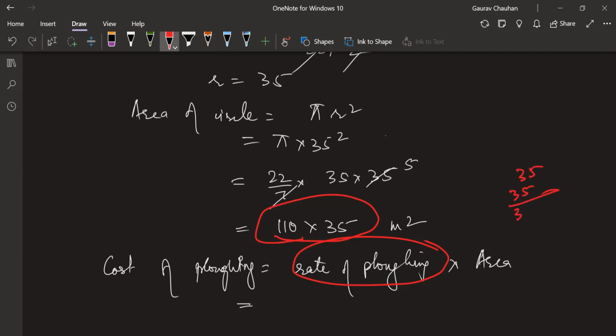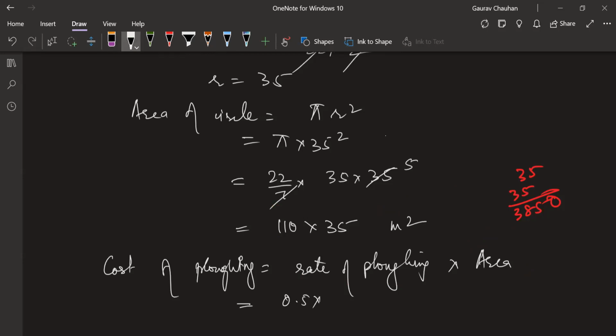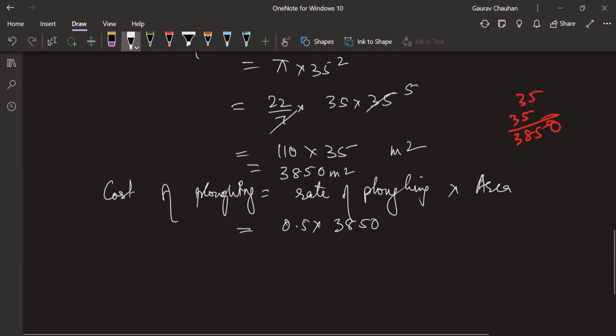110 into 35 is going to be 3850. Okay, 3850 meter square I have now. So that much total meter square I have. Per meter square I'm paying 0.50. Everyone following this? So how much will I pay totally? Good with that? So that comes to be 0.5 into 110 into 35. See, I did not multiply here, so I'm writing 110 into 35. Okay, you can choose to multiply. See, why I did not multiply? Because finally I don't need that multiplication. I will be multiplying it at the end anyway. So 3850 meter square. Here you can write 3850 meter square also. Okay with that? Yeah. If you notice, unit wise, what's happening here?